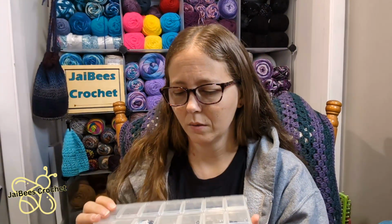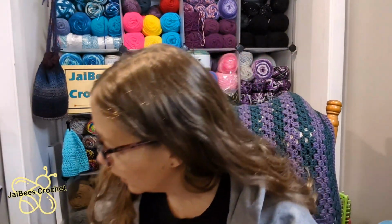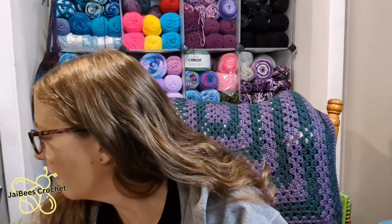safety eyes storage. Now, these aren't my original safety eyes, but I've had these safety eyes in this container for a while now, because I don't make a whole lot of amigurumis, and so I have those in there. But then I recently bought,